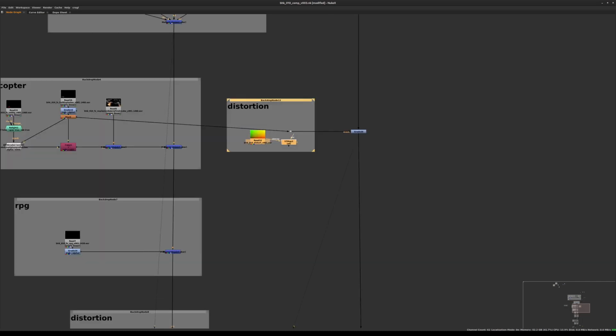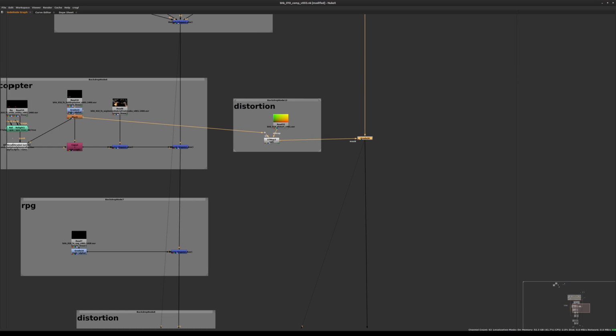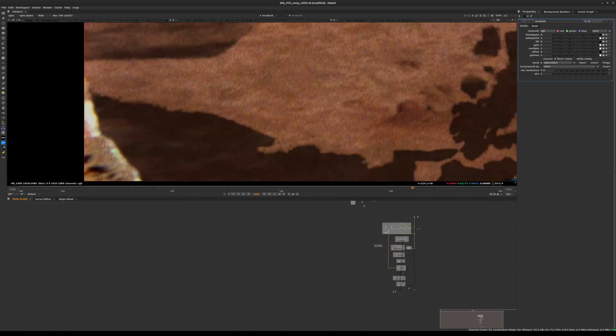And the source will be this, and the output will be that. So let's rearrange this to keep it clean. And let's see what we can do here with the matte of the helicopter to try to fix this potential white edge that we see here. So I'm just going to try